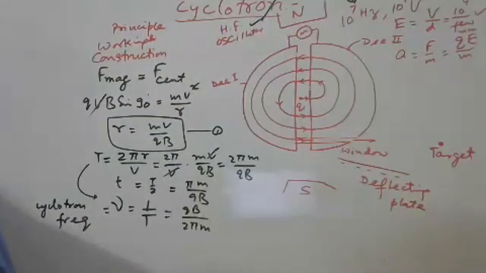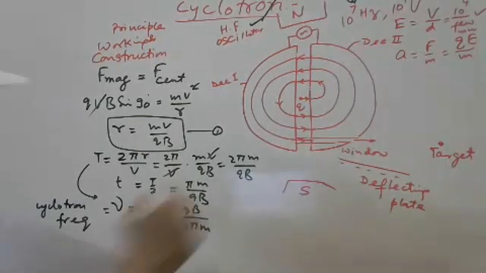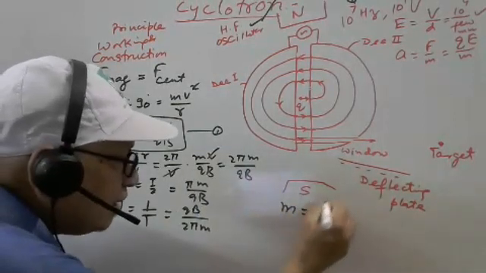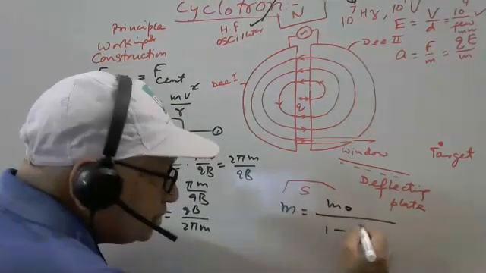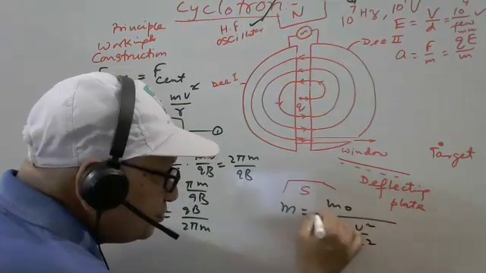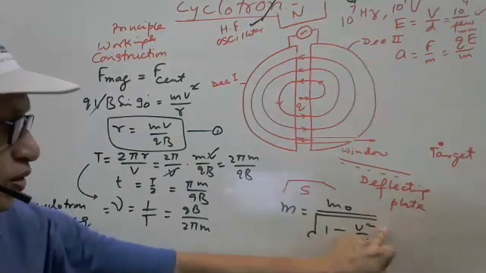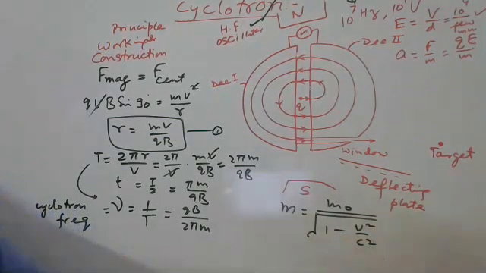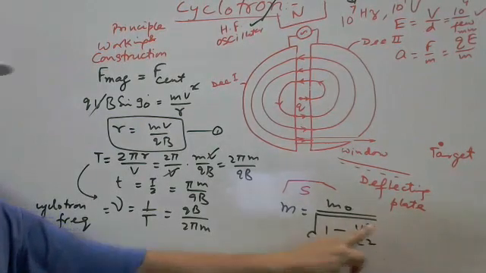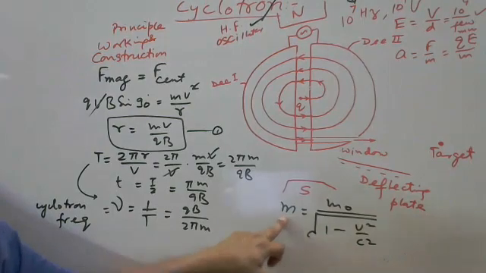But what is the drawback here and what are the consequences? Mass is not a constant quantity, because by this formula we know m equals m naught divided by the root of 1 minus v squared by c squared. Here v is the velocity of the charged particle and c is the velocity of light. So if the velocity is quite low, we can presume m is a constant quantity.